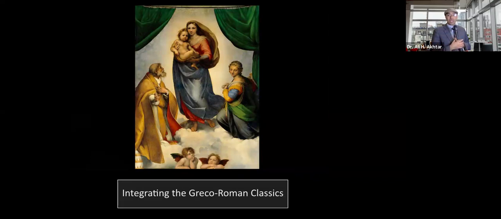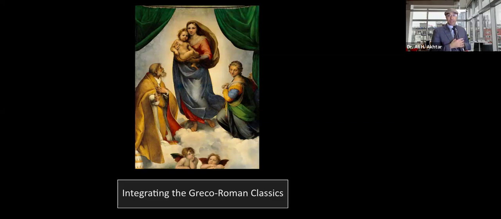Because interestingly, what made Italy so unique was that not only did it have this international global connection with the Middle East and North Africa and Asia, but it also had this connection with the ancient Greco-Roman world. And here in this particular very famous painting of Mary at the Sistine Chapel, by Raphael, we see that Mary's not represented as a contemporary Middle Eastern Christian woman, but she's represented more in the style of ancient Roman figures, including the way that she stands on one leg, with her left leg bent slightly.